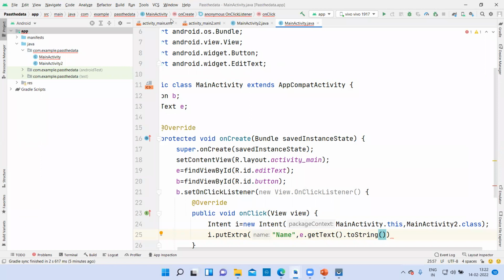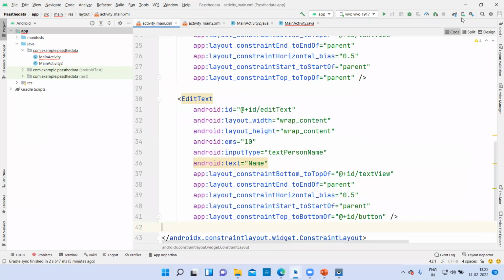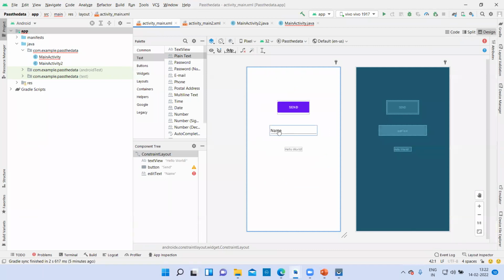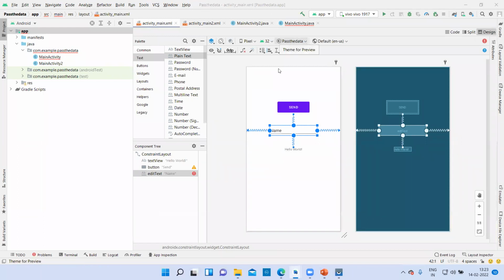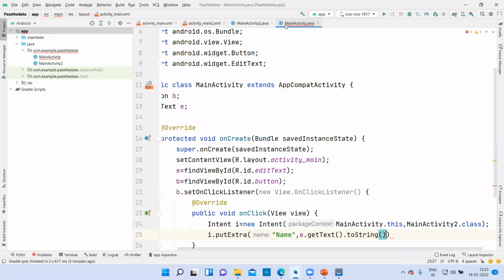That means you are going to fetch the data from this, and this will contain the string component. So you will get the data using e.getText, because e is the id of this text box, and you will convert this name into string.